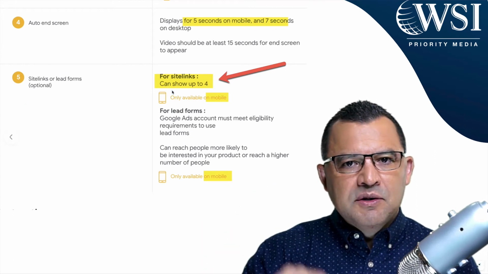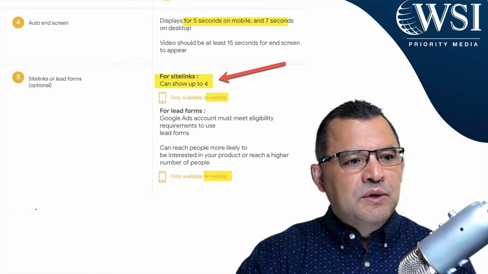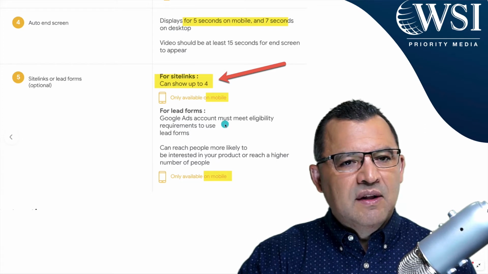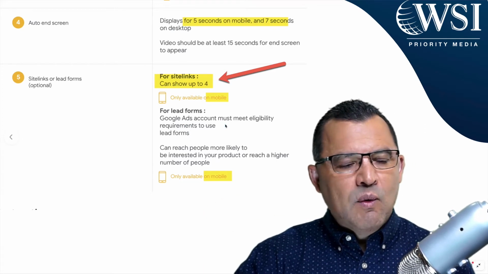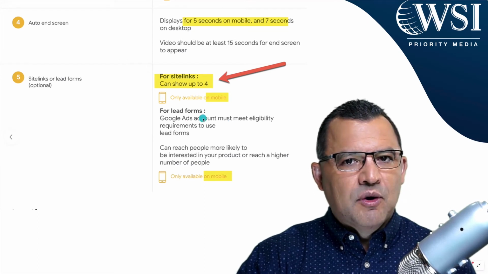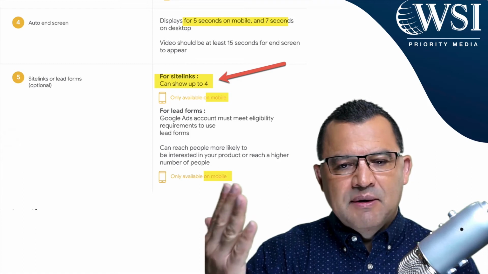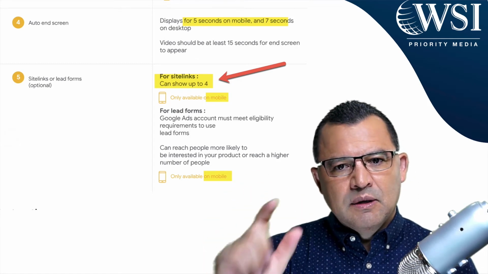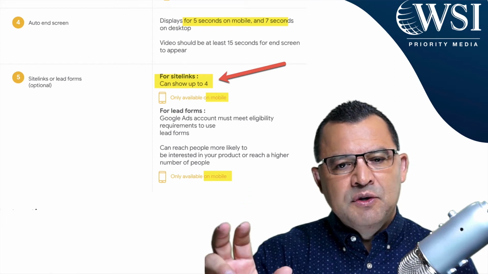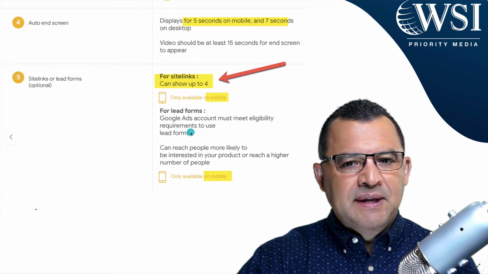Lead forms are also available through TrueView InStream YouTube ads. If your account qualifies for this, great. If not, you can reach out to Google and ask if they can white label you for lead forms. The lead forms through the button bring up the form instead of going to your website. They can do the entire experience right there on the mobile device, right inside of YouTube, right inside of Google. And it's a really great feature to have.